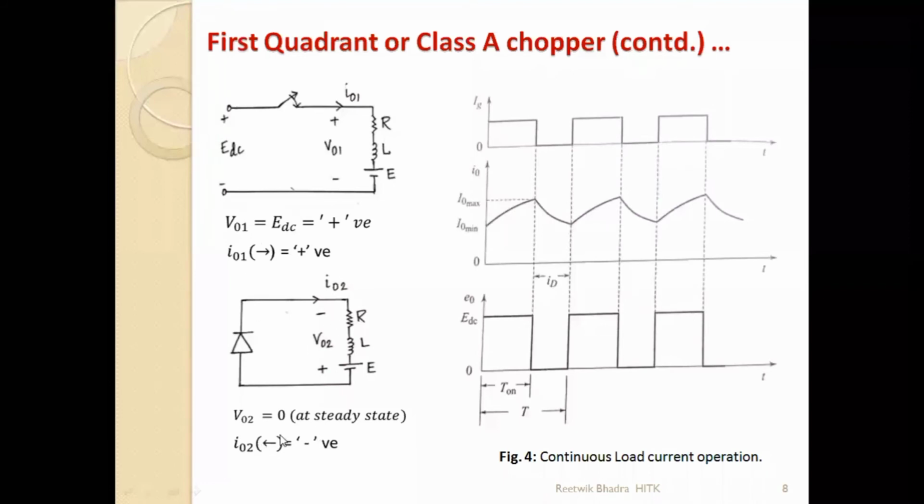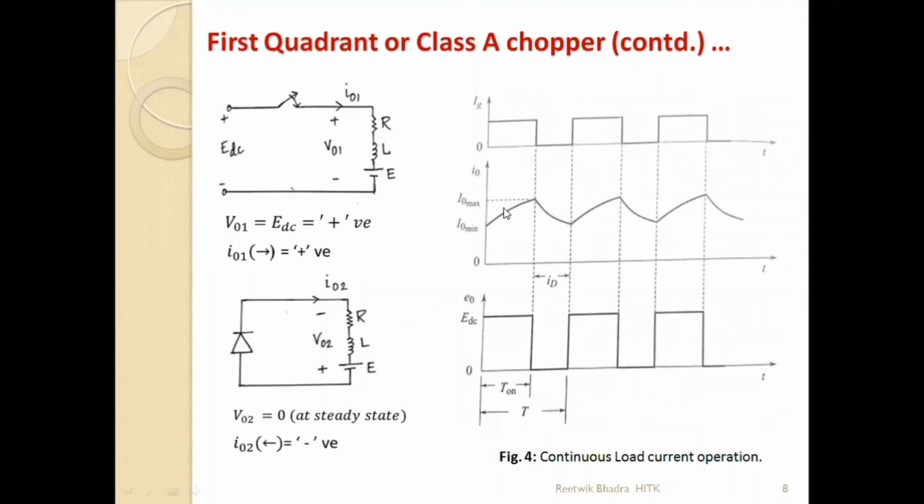Next, don't look at this, I'll go through this only. I02 also is in the same direction as I01. So the direction is the same, positive, so the inductor current will be positive in nature. But now in the second figure, it is discharging. So it is discharging current, positive current.